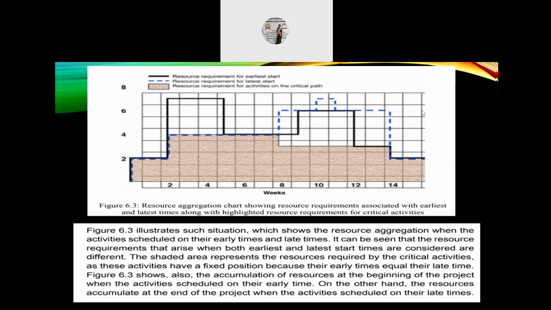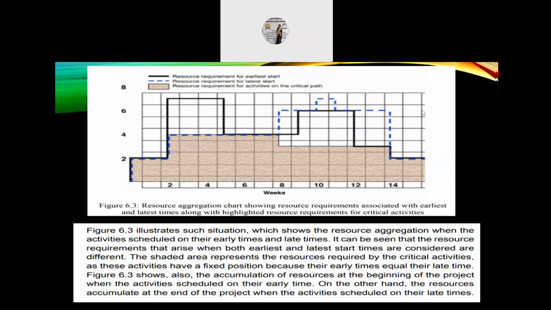Figure 6.3 illustrates such a situation, as I have mentioned earlier, which shows the resource aggregation when the activity is scheduled or planned on the early times and late times. So it can be seen that the resource requirements that arise when both earliest and latest start times are considered are different. The shaded area represents